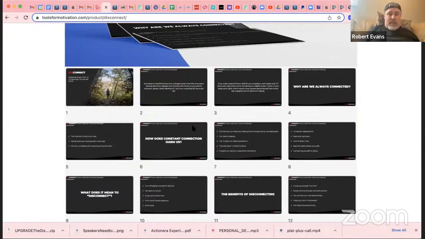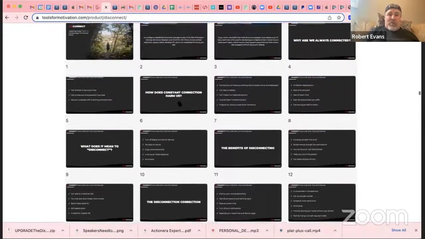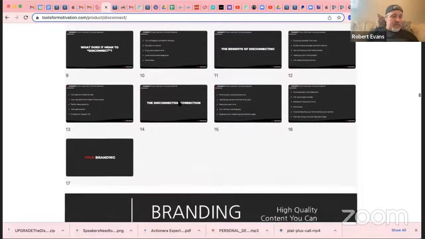Now, the way we use this inside the app is that we take this PowerPoint, open it up in PowerPoint, and export all of these screens as images, just like they did here. And then we load this up as a gallery. So they can just go to the gallery, click on it, and swipe from one thing to the next.